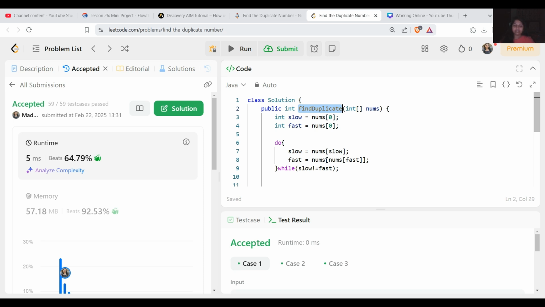Okay, there is another approach that we can use, that is the hash set. There the time complexity will be O of n and the space complexity will also be O of n, where we store the numbers in the hash set, and whenever we find the first duplicate, we just simply return it. But the drawback is that we are using extra space in that case.